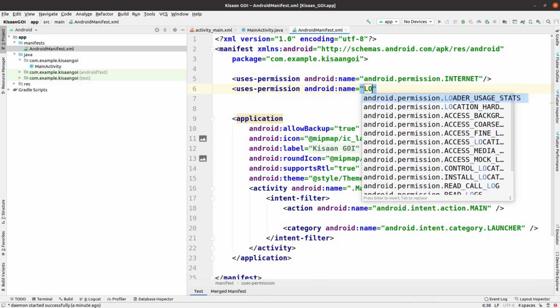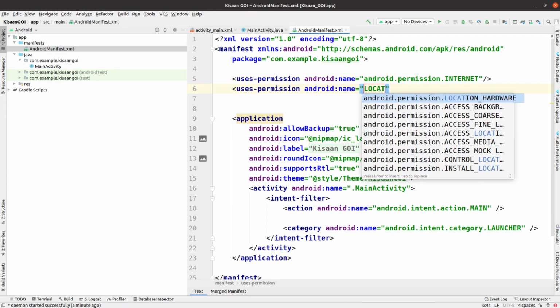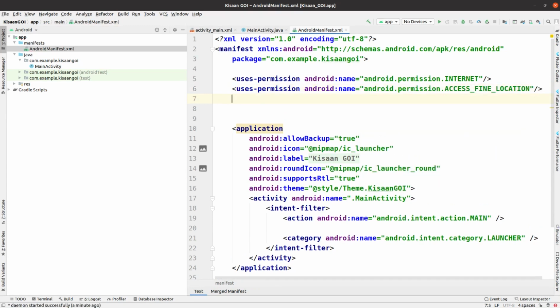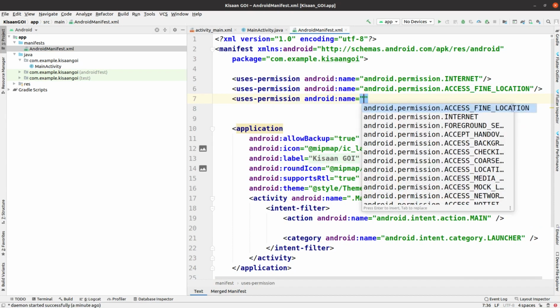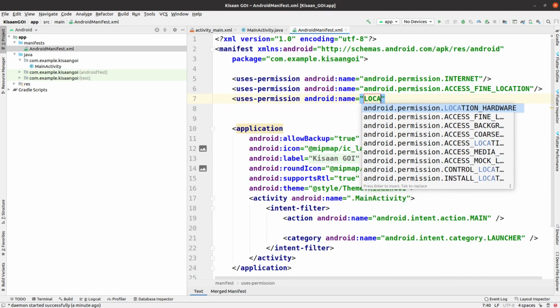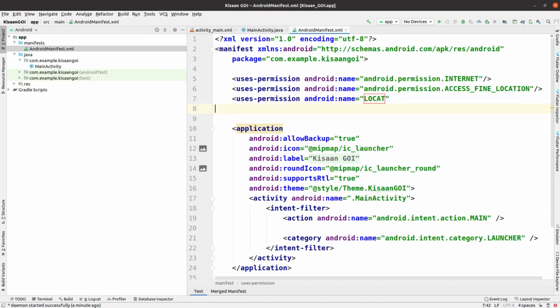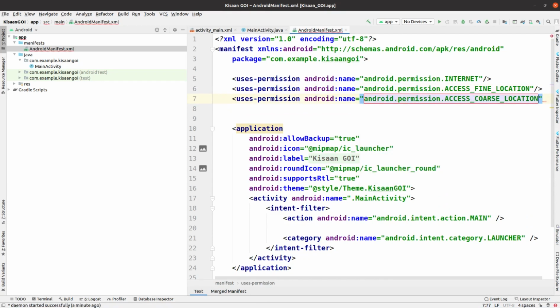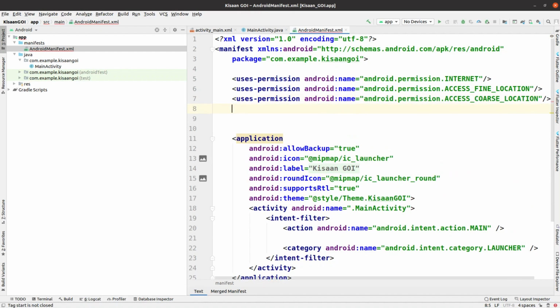Afterwards one more permission is there, and it is related to location, as location is an important factor for this app. Let me search for it. The first one is fine location, and now coarse location.